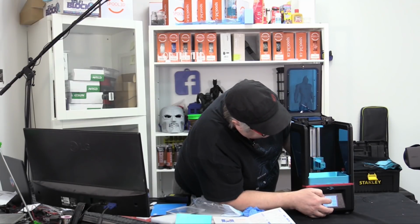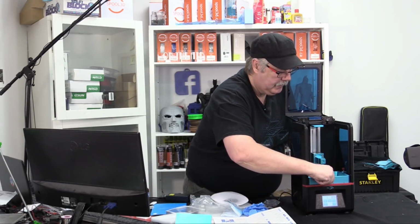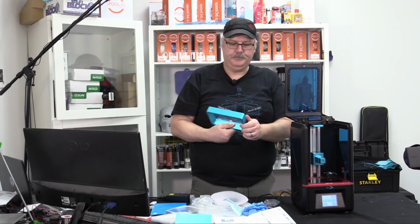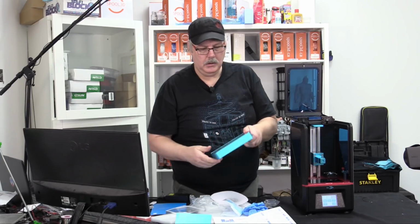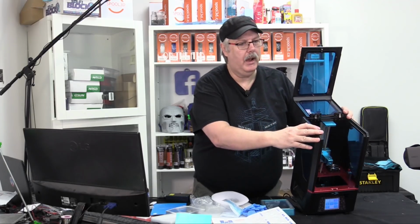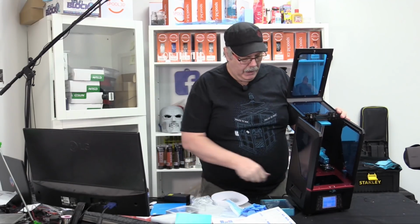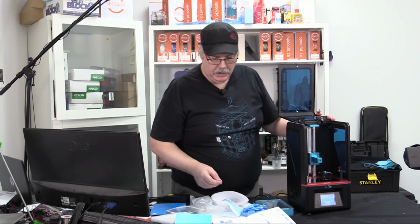This will allow us to get the reservoir out, because we're going to need to have the reservoir out when we go to, and there is the reservoir. That is actually, that's drum tight, that's what that is. So down below here, you can see that's where the projector is for the printer. Now, this is a 2K projector, so it's pretty high quality in terms of